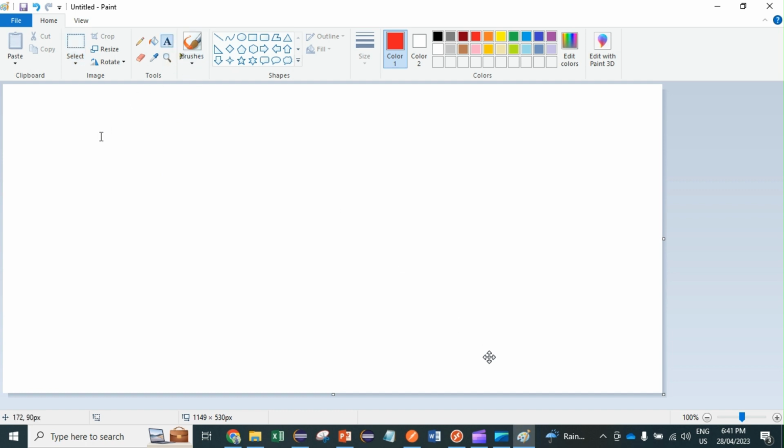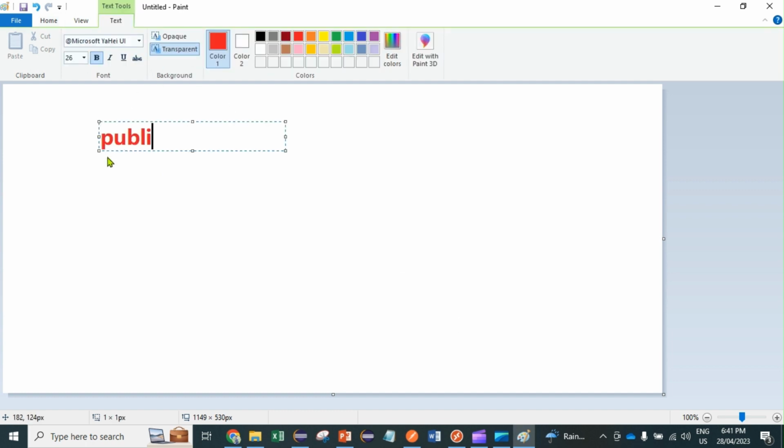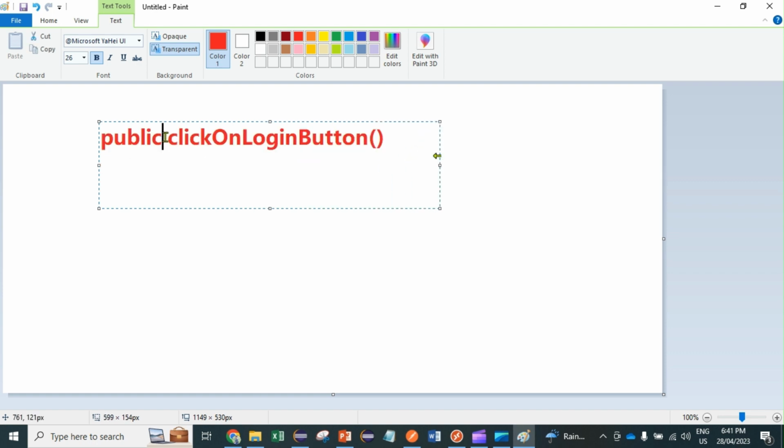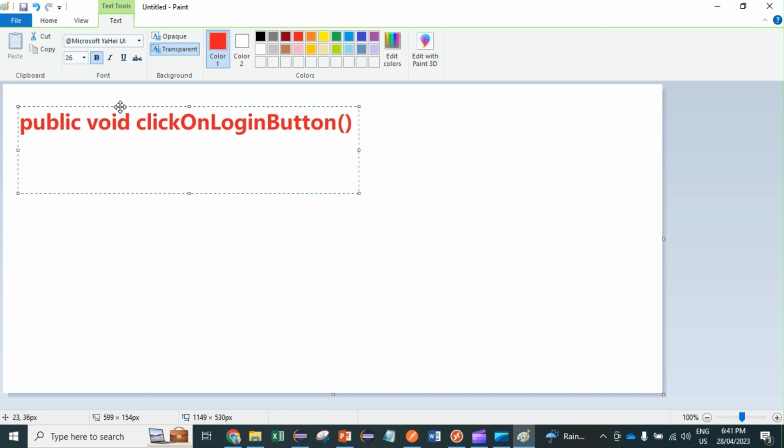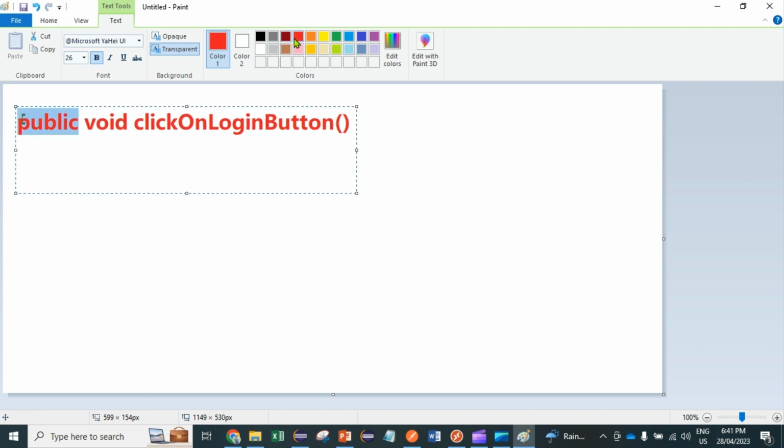So suppose we have a standard public click on login button. This is one of the methods that I want to include in my particular action class. Before making this public method available to use, I have a couple of private methods.